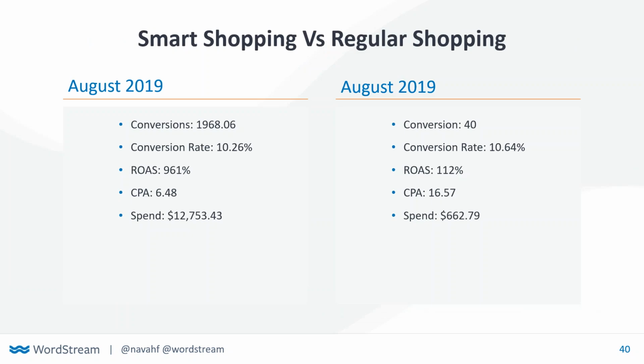Now, as I mentioned, Smart Shopping requires a substantial amount of investment. Smart Shopping, amazing ROAS. It's non-negotiable that the Smart Shopping absolutely crushed life with 961% ROAS, but it also required almost $13,000 of spend, whereas the regular shopping campaign was able to be about flat, not necessarily off the charts ROAS, but it was under $1,000 of spend. So depending on where you are in terms of budget, you may or may not be able to opt into Smart at this time, but it is definitely something to shoot for if you are in e-commerce.